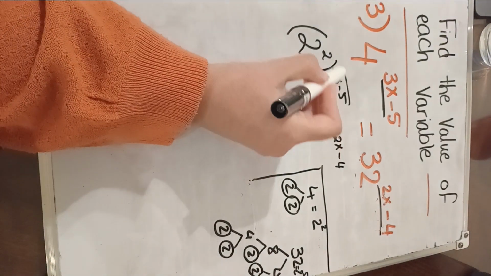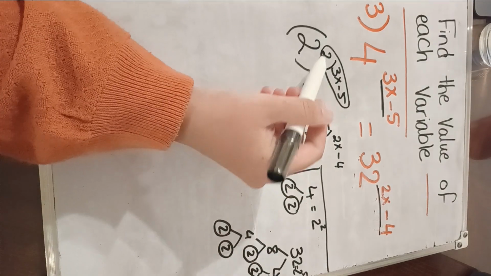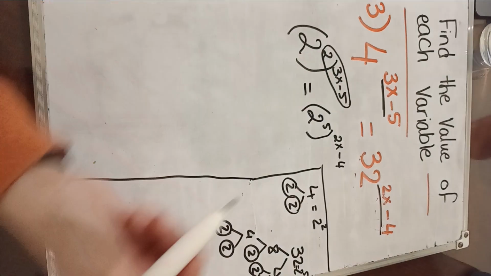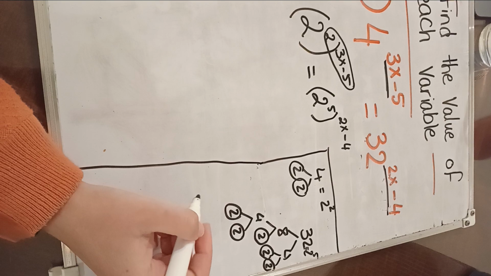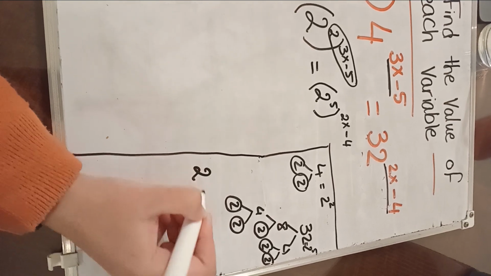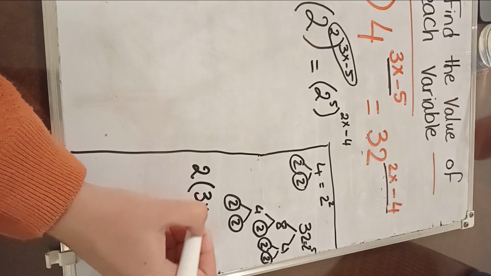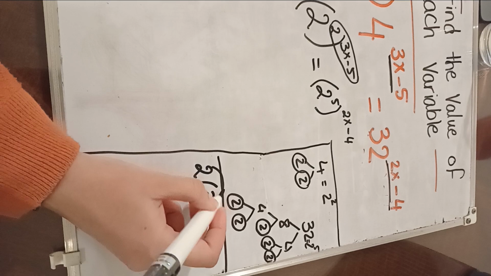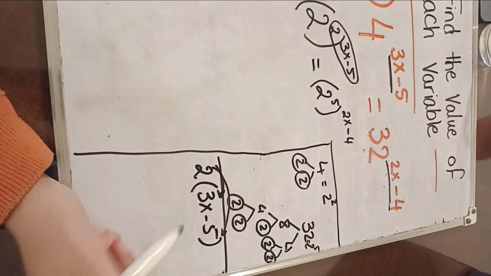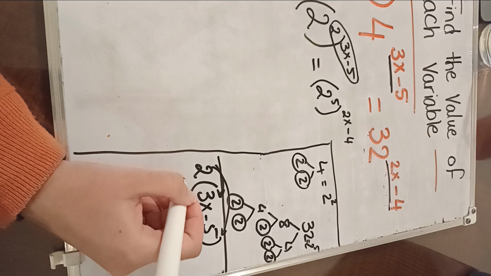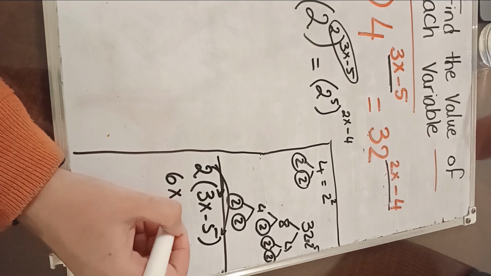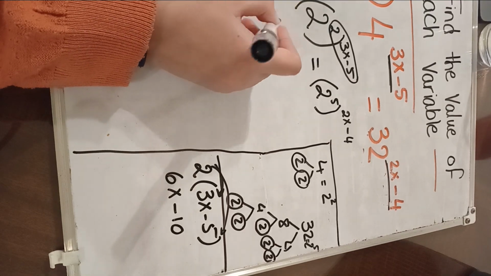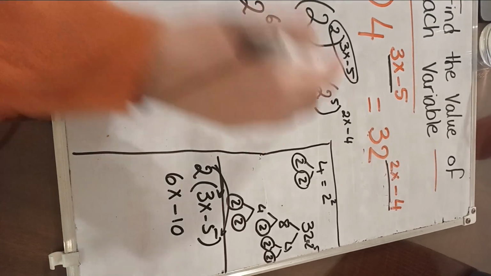Now I have a power to a power, which means I'm going to multiply the exponents. Since 3x minus 5 is a binomial, then it must go in parentheses. So it's going to be written as 2 parentheses 3x minus 5. I'm going to use the distributive property. 2 will be multiplied by 3x and negative 5. 2 times 3x is 6x. 2 times negative 5 is negative 10. So this will be written as 2 to the power of 6x minus 10 equal to,